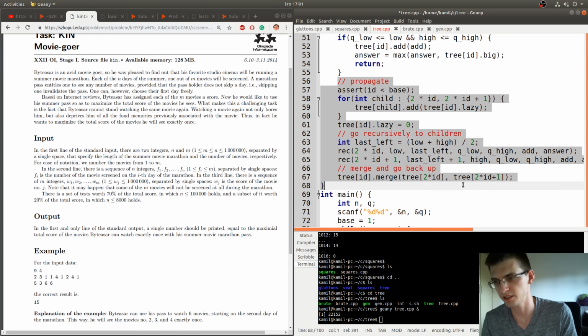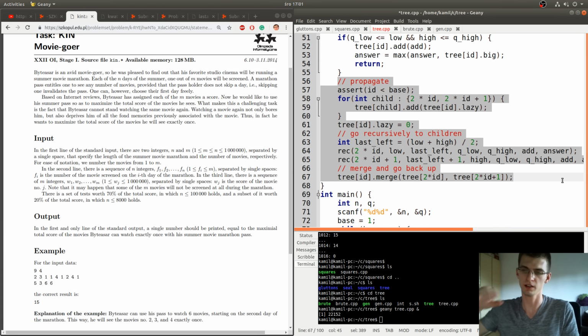And otherwise, we want to go recursively to the children. So we put this lazy value, for example, if the lazy value here is 5, we place 5 on each of the two children. We change this lazy value to 0 to not do the same again later. Then we go recursively to the children, and eventually we merge the result, like in all segment trees.